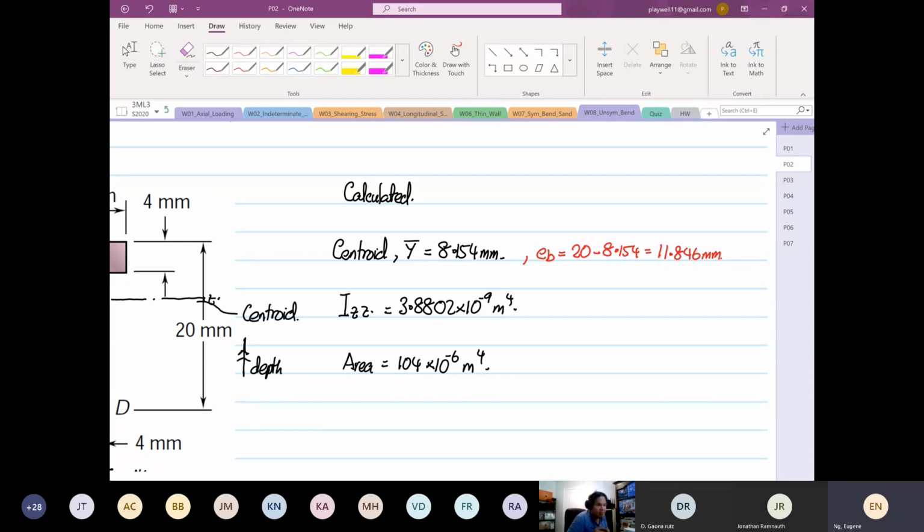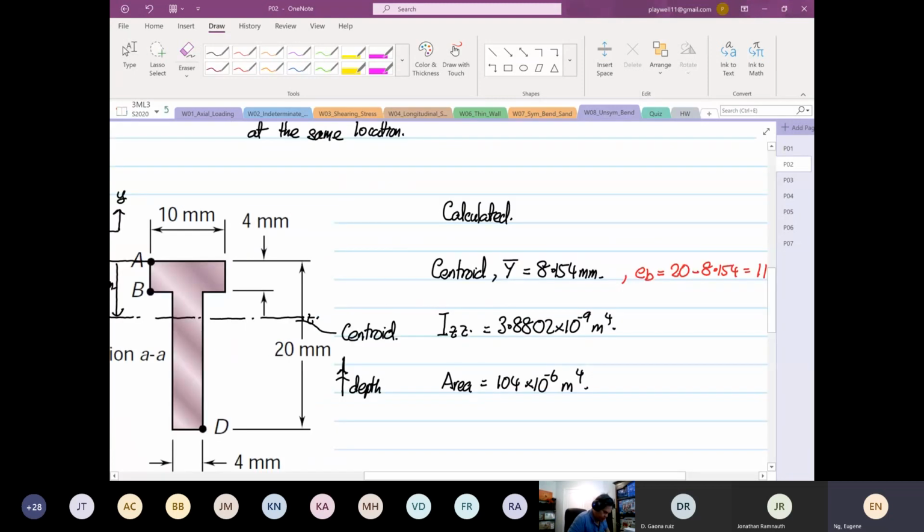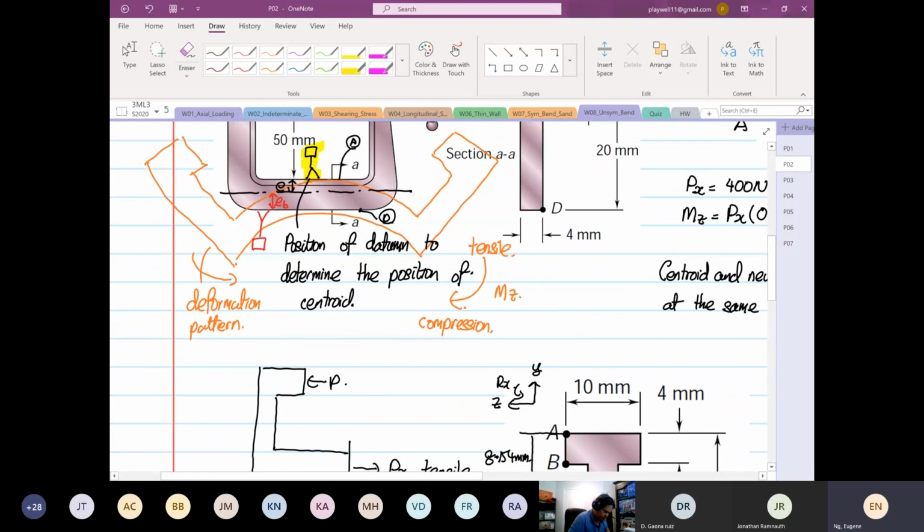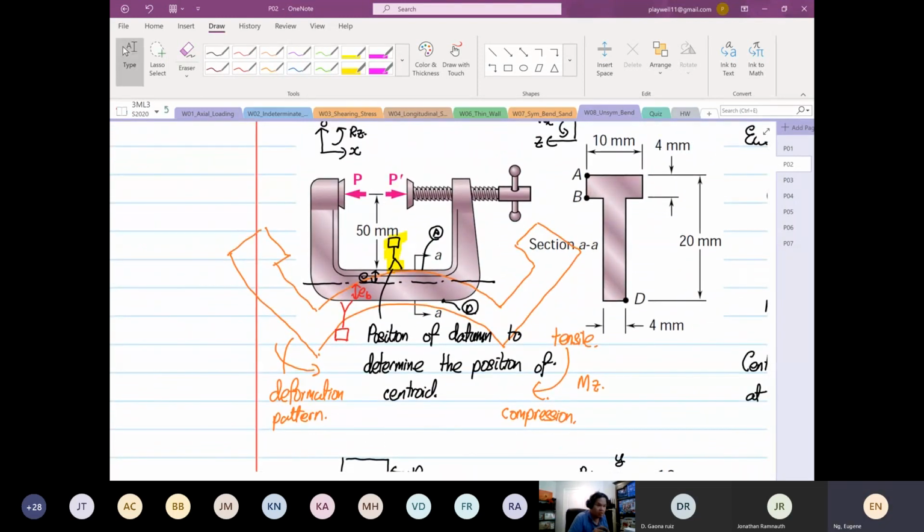Okay, so I've got a question: can we repeat the deformation pattern and directions of Mz? The deformation pattern, I do apologize. You asked that question 11 minutes